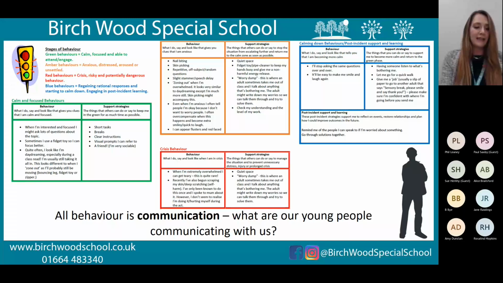So when you're writing a positive behaviour support plan, if this is something that you decide to do for your young people, in preparation for their transition to another setting or class or another key stage, it's a really nice idea to think about the sensory preferences. So if you want a bit more information about sensory preferences, sensory behaviours, then my colleague Hannah did her webinar last week called Sensory Magic, and that's really, really worth a look.